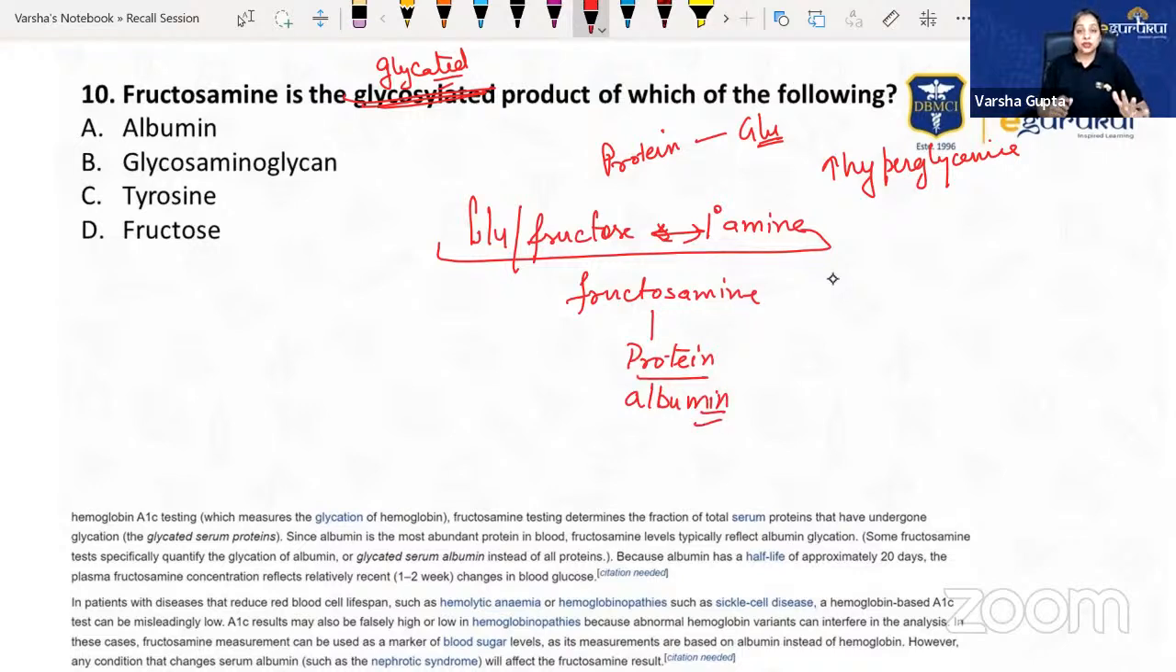That is how it is found in your blood, right? Fructosamine is never found alone. It is found with the albumin, right? It is not the product of glycosaminoglycan, tyrosine. But if the question was different,